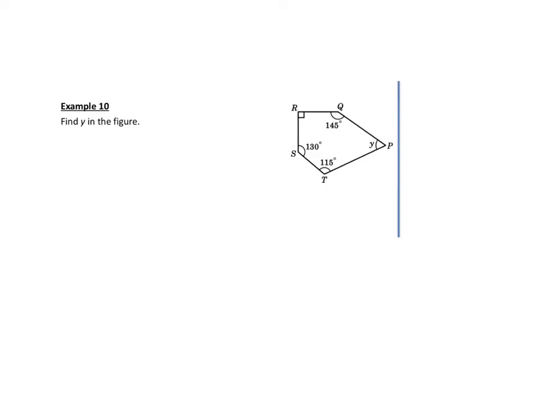Now we go to example 10. The question asks us to find the value of y in the figure. So when we observe the graph, the y is here, and actually it is the interior angle of a polygon. So we can use the property of polygons that the sum of all interior angles of the polygon, that y